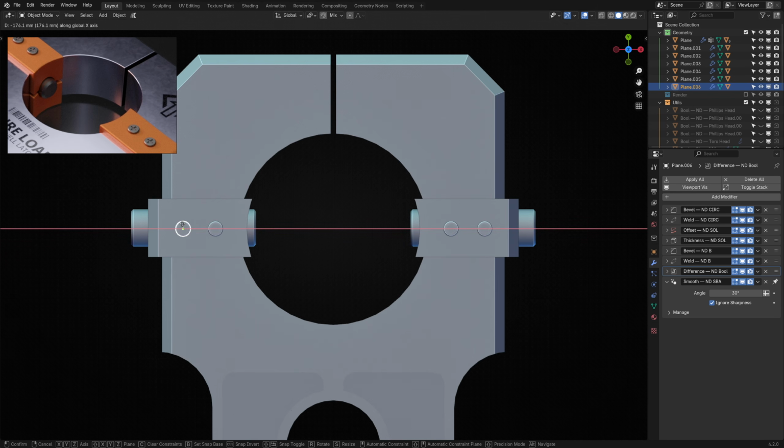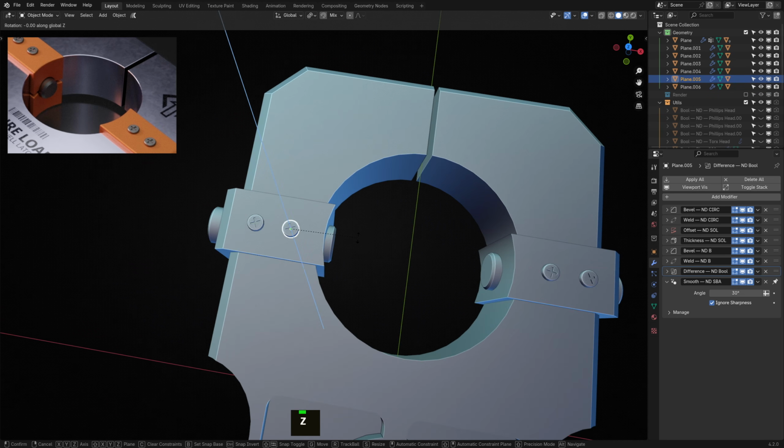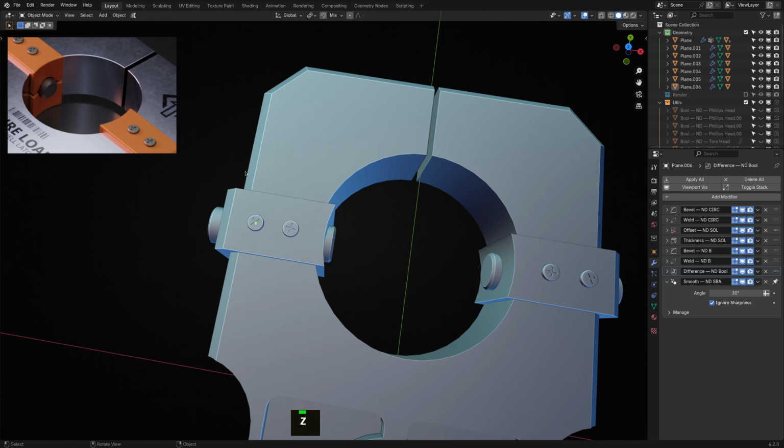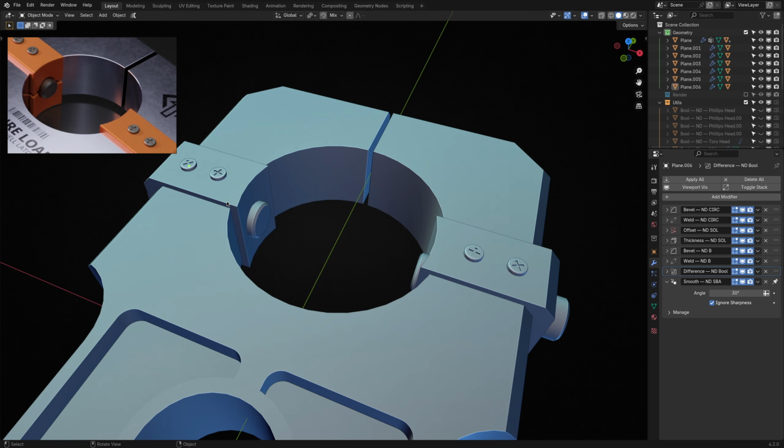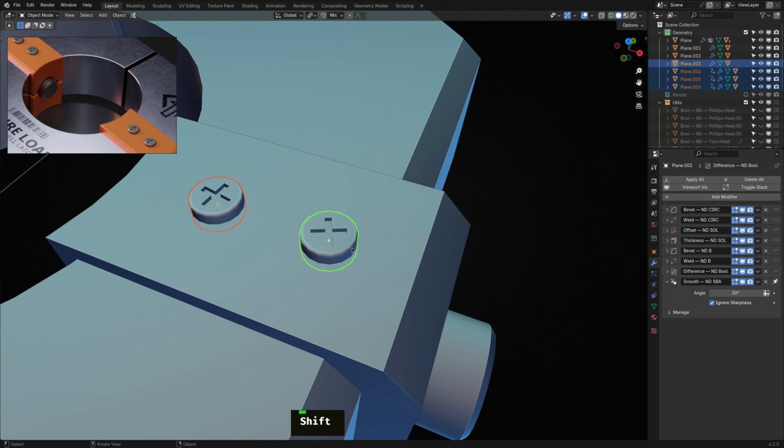In the original object, back when I first created it, I just arrayed the screws and then mirrored them to the other side. This is still a valid tactic, but it doesn't allow you to add the subtle rotation at the end. Now for the icing on the cake. Let's select the linked duplicates and then the original screw and run the sync modifiers operator. That way, if we ever want to change the bevel, for instance, we can do so on the original screw and all the copies will be kept in sync.